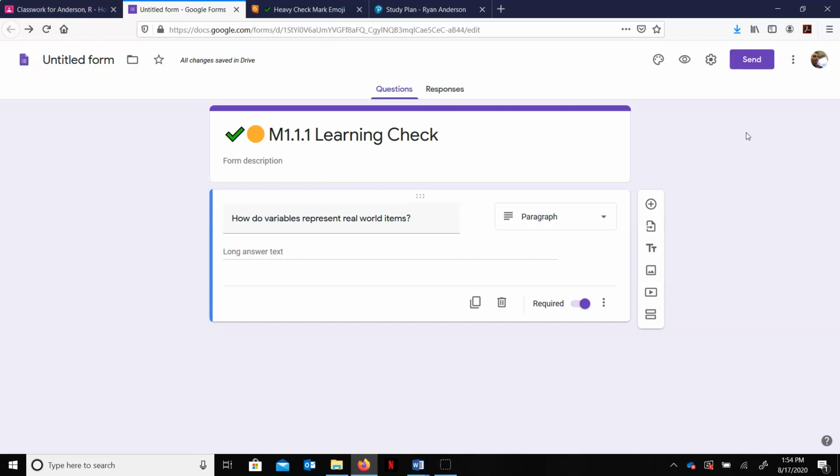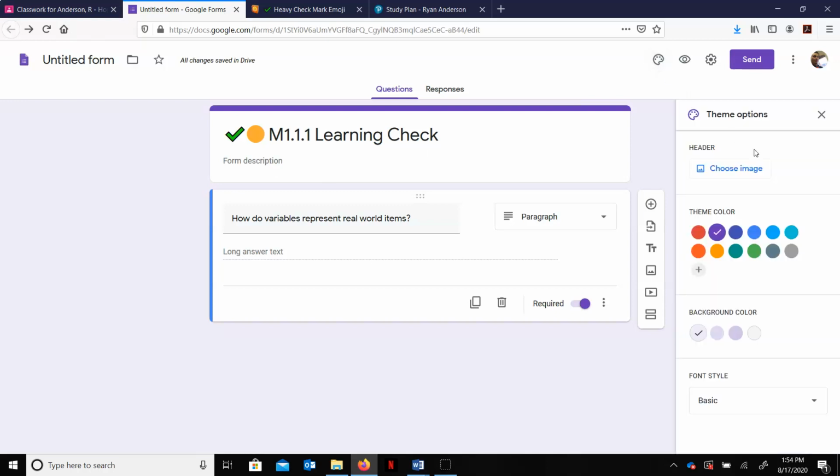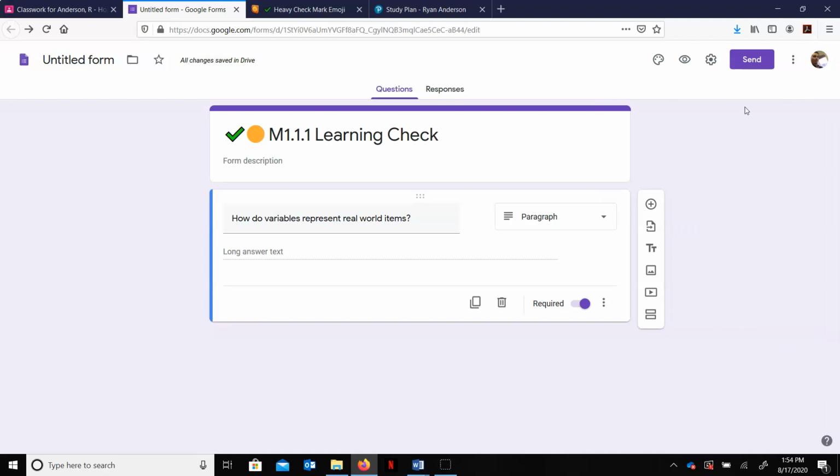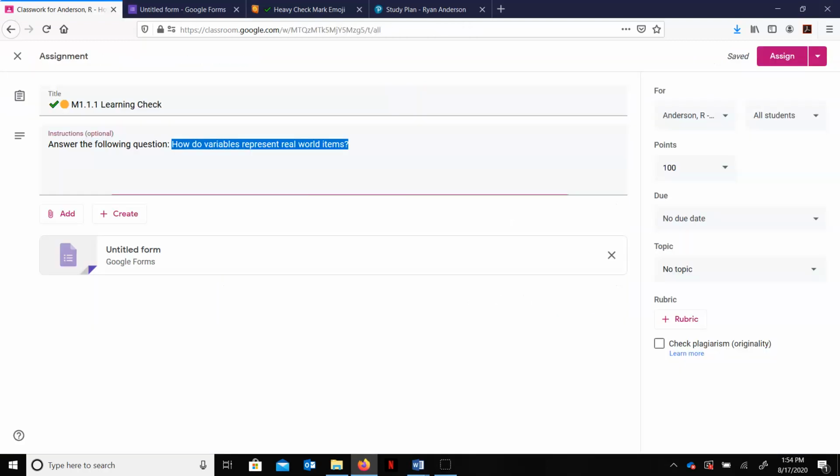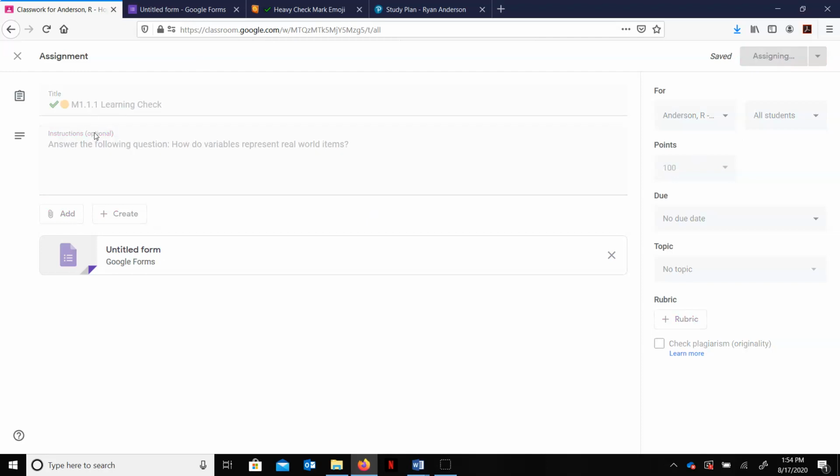And there's some other things you can play around with. You can change the colors. You can change what the image is. So you kind of have your own preference as to what you want to do with that. But what will happen then is as we assign that,